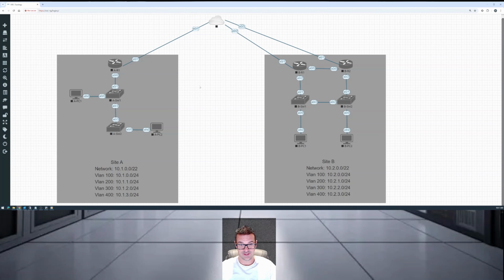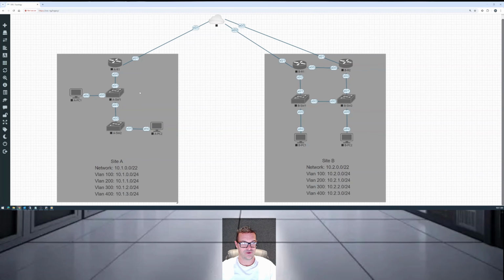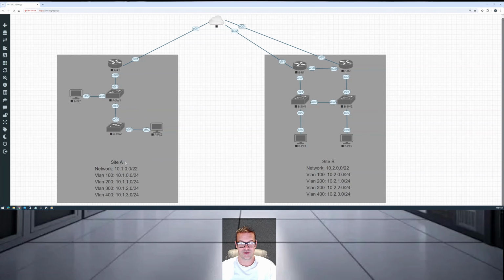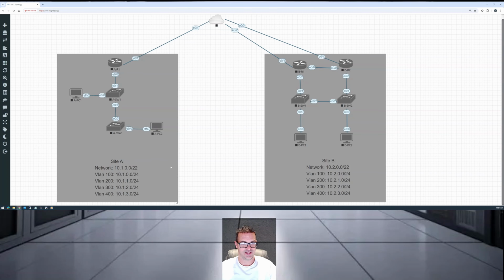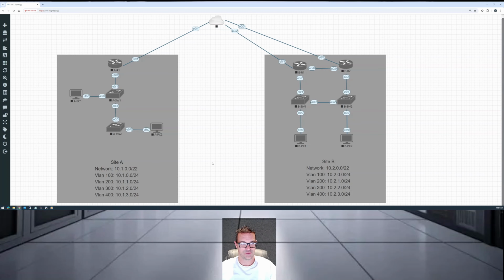But what I've done here is I've created a pretty basic topology, right? So over here on the left, in this gray box, we've got a site, a branch location, let's say. I called it Site A. We can kind of practice our subnetting skills, if you will. So it's a fairly small site. It shouldn't be too demanding as far as IP address scheme goes. But what we've carved out here is